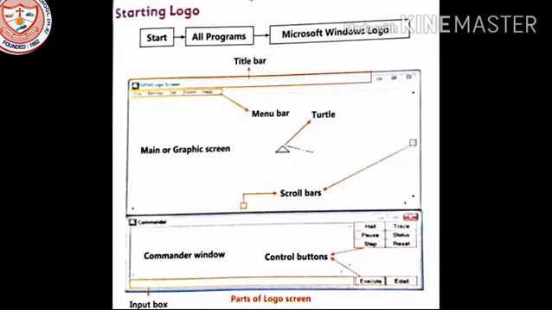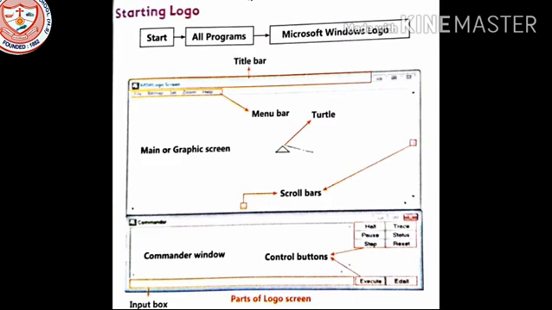Now you can see the topic: starting Logo, or how to start Logo. There are many steps to do. Everything has steps. Like when you wake up, if I ask how to brush your teeth, you will tell me step by step.